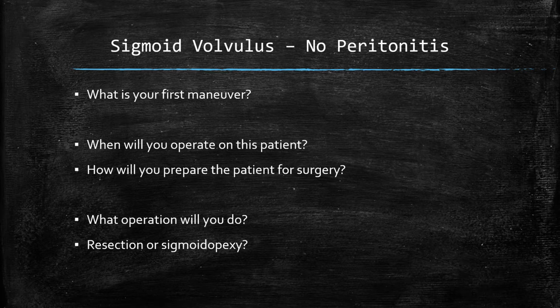Probably the first thing to do is to try to decompress this volvulus. This can generally be done right there in the emergency room with a rigid proctoscope. A little pro tip, I suggest you wear a gown, gloves, mask, face protection, because when you untwist this, you'll be hit with a hurricane-like blast. But a rigid scope will generally be able to reach the point of obstruction, and as it passes through, it